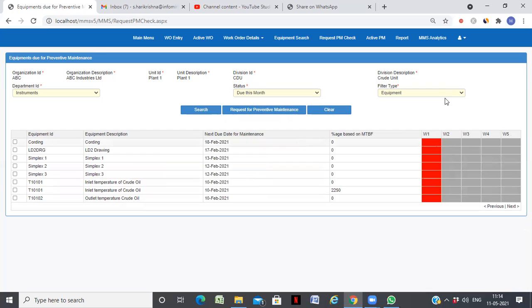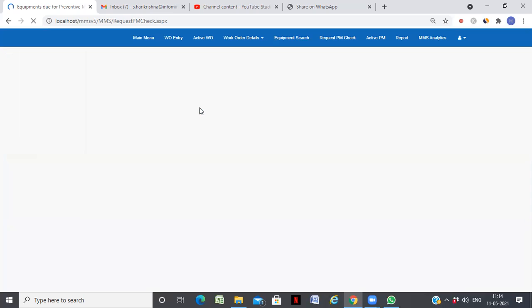And similarly, basically from here, what we can do is you can either choose this and request for a preventive maintenance. So based on the operations managers, you can see what is the next due date of maintenance and how long it has taken since its last maintenance. And then you can make a request for a preventive maintenance. And similarly, you have details for frequency-based CIL task.